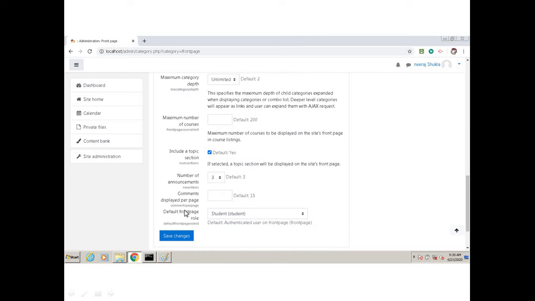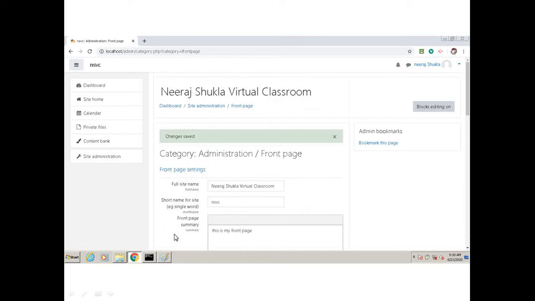Then there are certain things, that means how many categories you can see by default, how many courses you can see at a time, how many topics you can see at a time, the number of announcements at a time, etc. And what the default page should look like when a student has logged on. So keeping the student in mind, you set the front page look and feel. Then you save the changes.